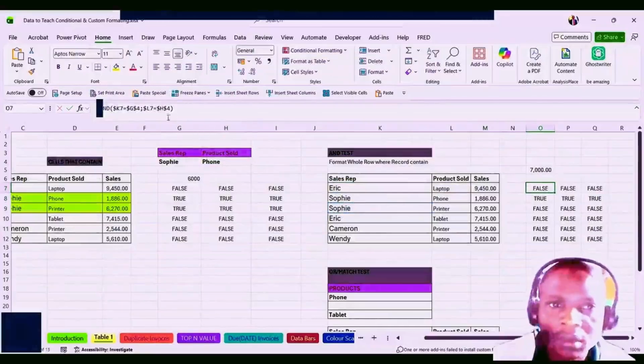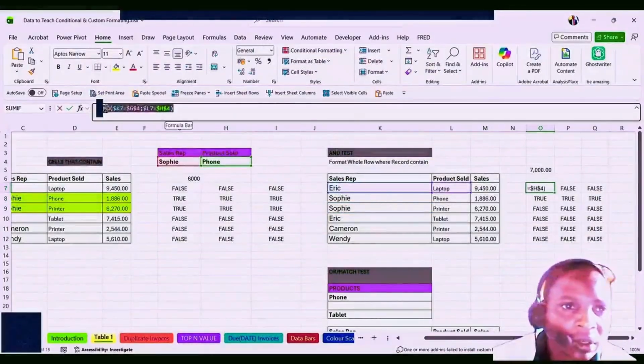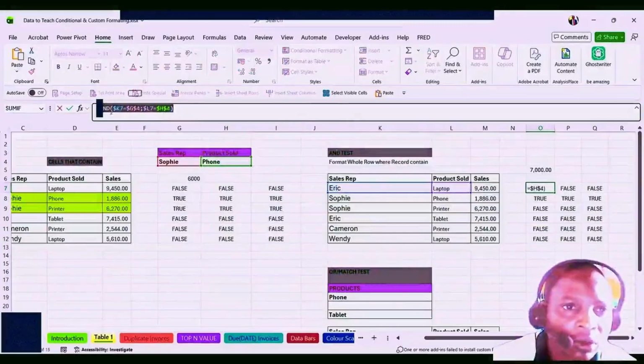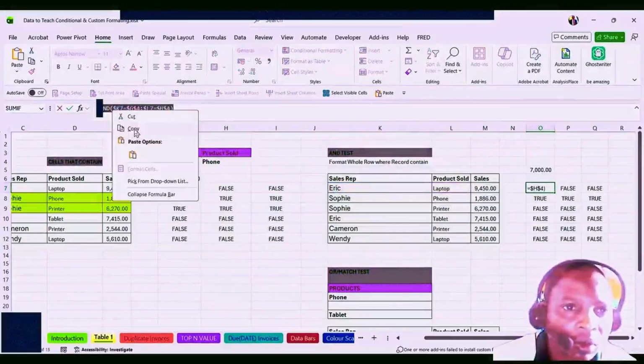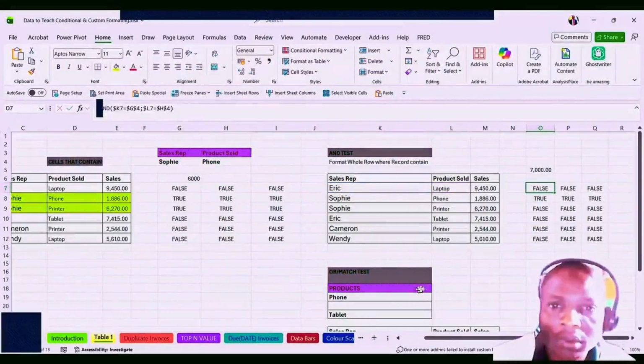If you don't escape, it will be selecting any cell you click on. So let's put it: copy. After copy, I say escape. So I come here,